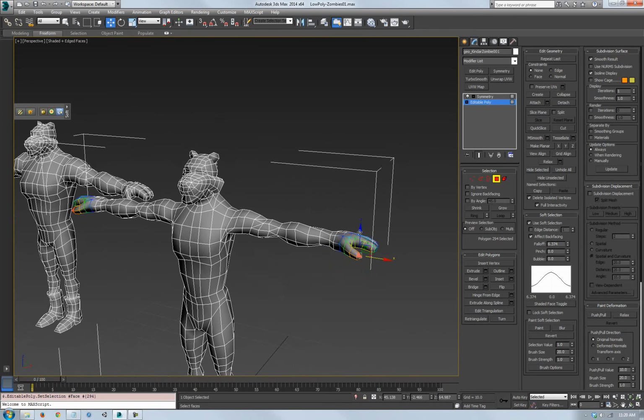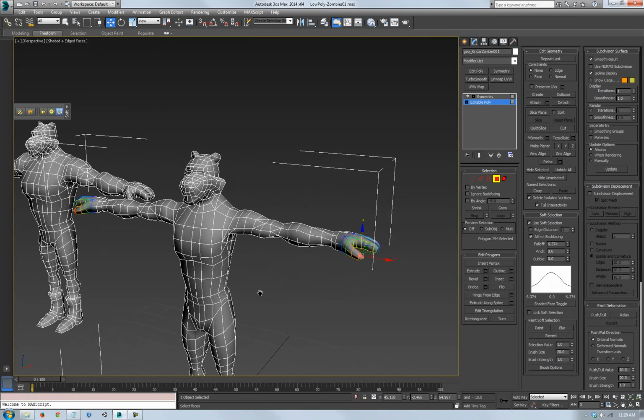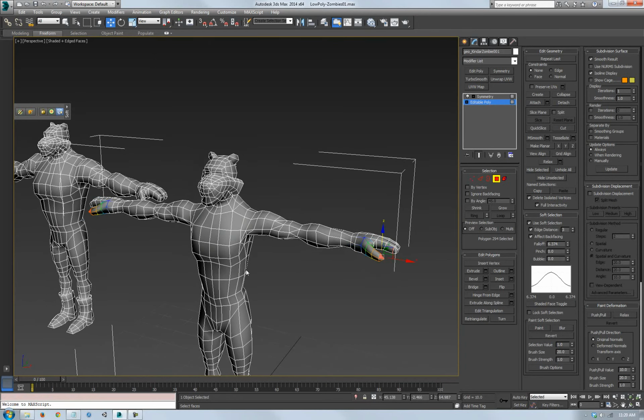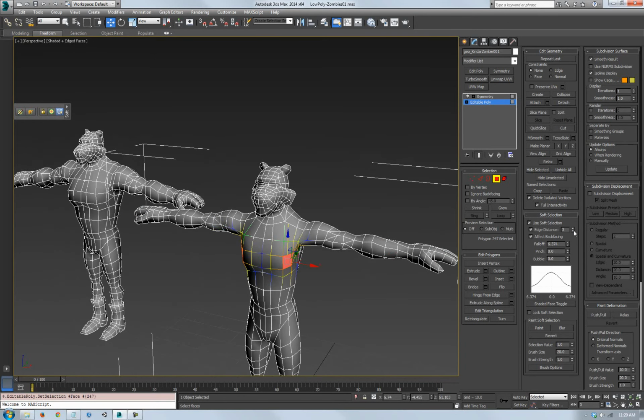This is going to cause problems, because if you just wanted to move the thumb and not the other finger on the hand, this is where you'd put on edge distance. Edge distance will work on top of the smooth selections, so that it'll extend the effect out however many edges you want to go. So without the edge distance, we're grabbing the finger, and with the edge distance, we're only grabbing the thumb. So I'm going to do that over here. Let's pull it down, because I don't want it to grab into the shoulder. 2, 1, and